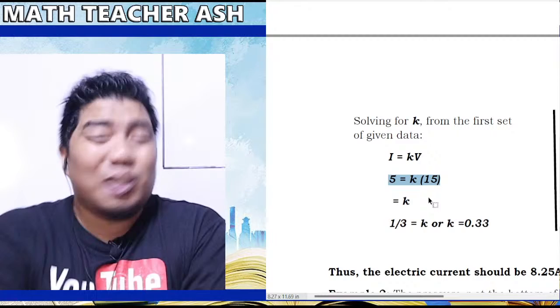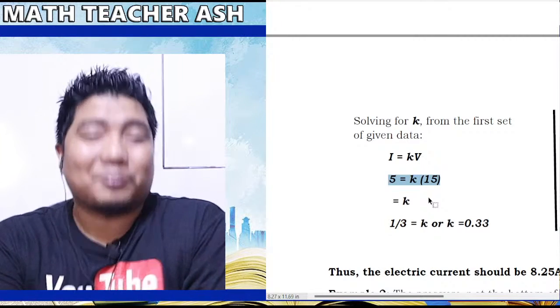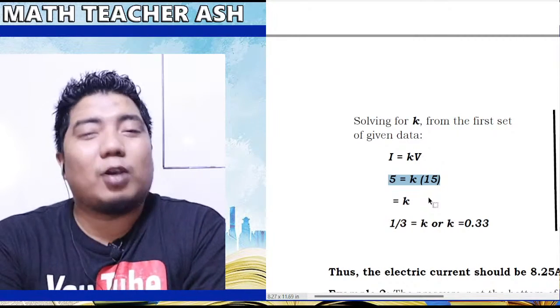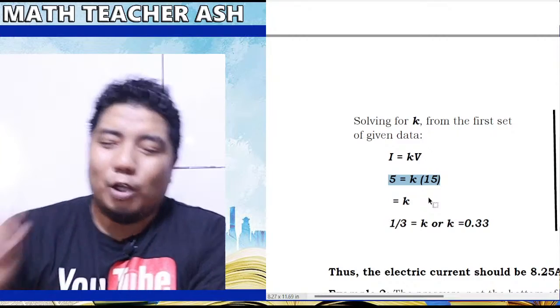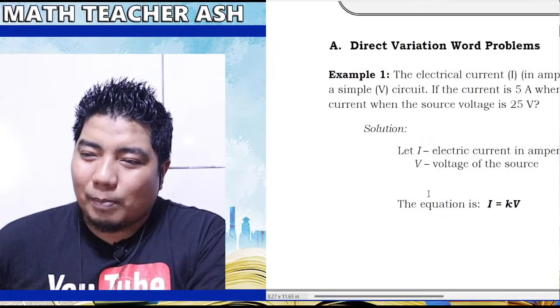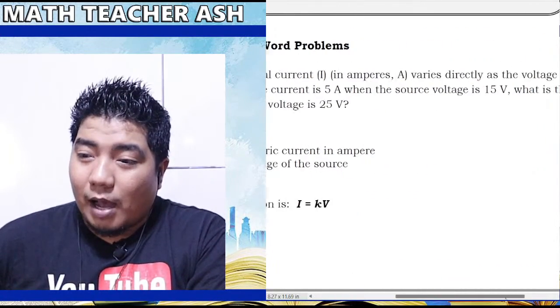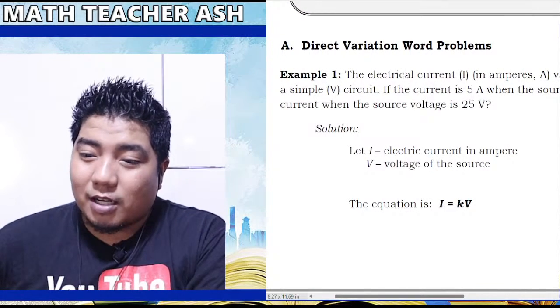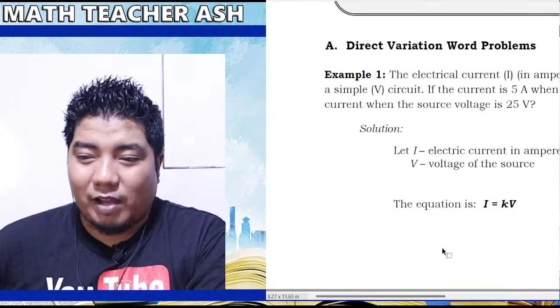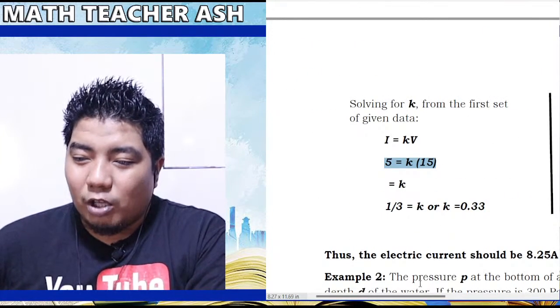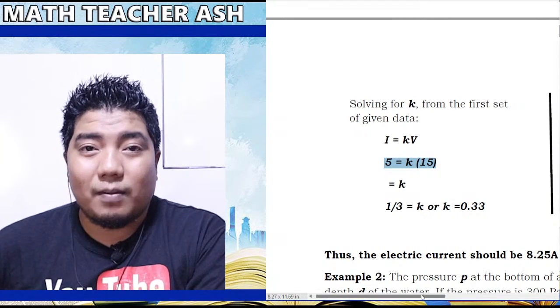Now, question, did you answer the problem? Of course, not yet. Why? Because K pa lang ang nasosolve mo dito. So, right now, ang sinabi sa problem is that ano daw ang magiging current when the voltage is 25. So, ngayon, meron ka ng K. So, pwede mo nang gawin ang